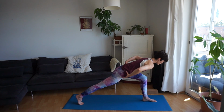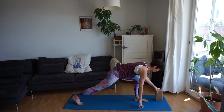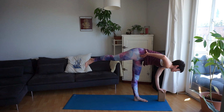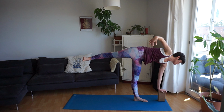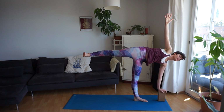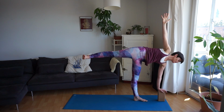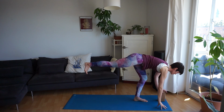Lean forward. Take the block and set it a few inches in front of your left foot. We want to keep it directly under the left shoulder, so just as you need to. Bring your right hand to the right hip, and then open up that hip, point the toes to the side wall. Reach your right arm up if that's there for you today. Press your bottom hand, your left hand into the block and open up. Remember, you can stop at any stage, finding any modification,